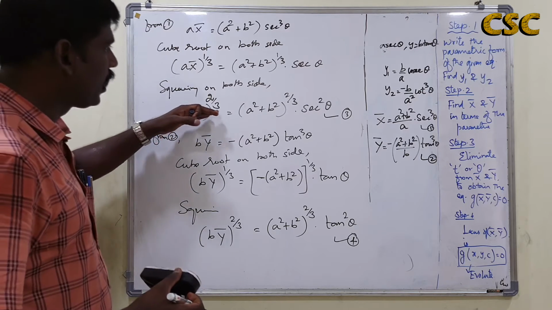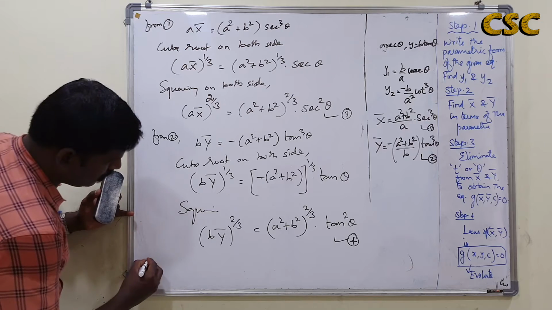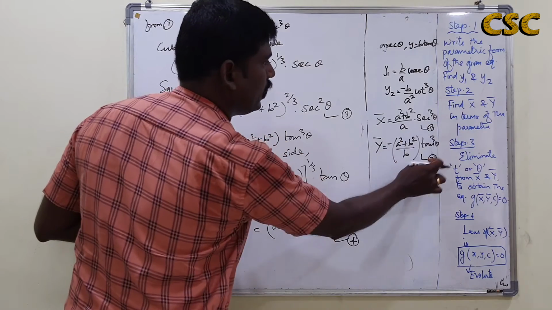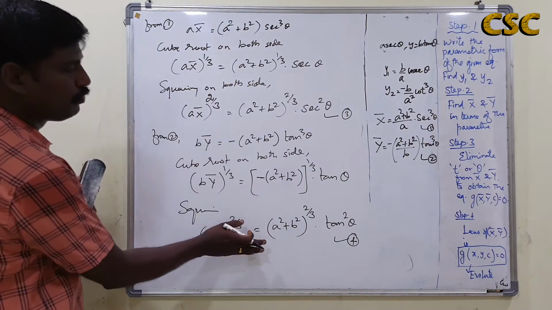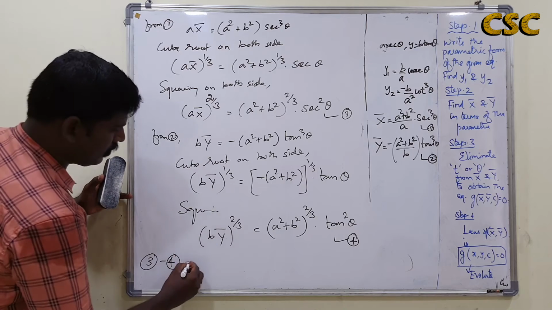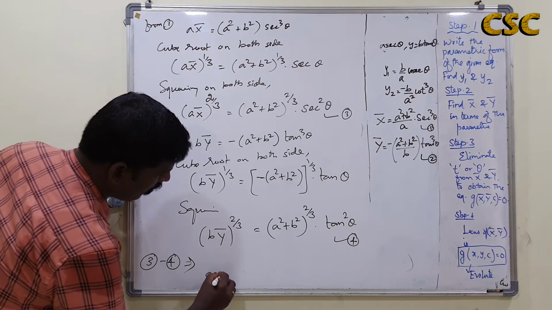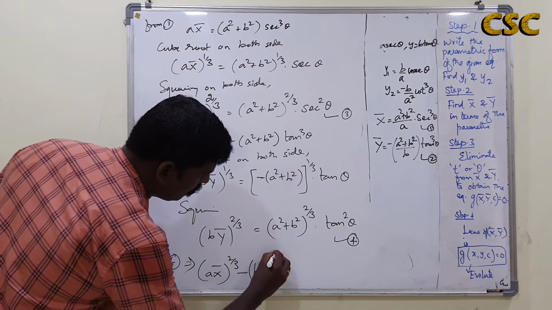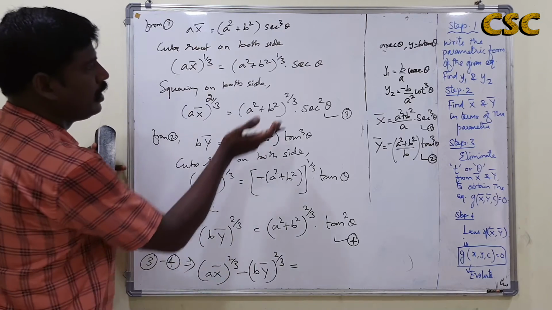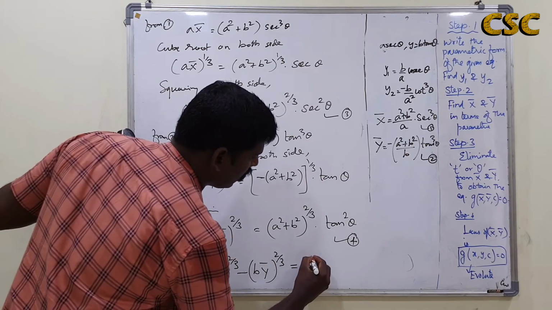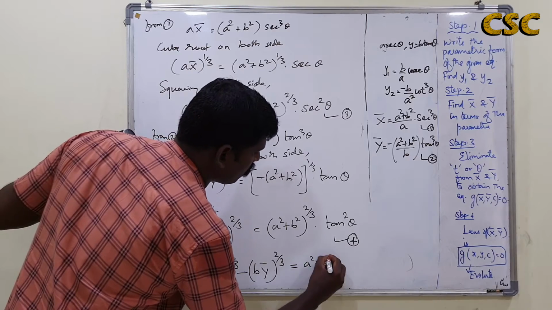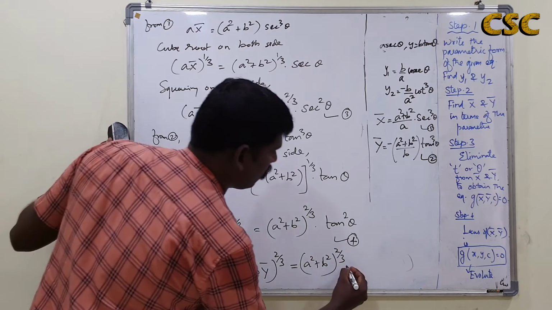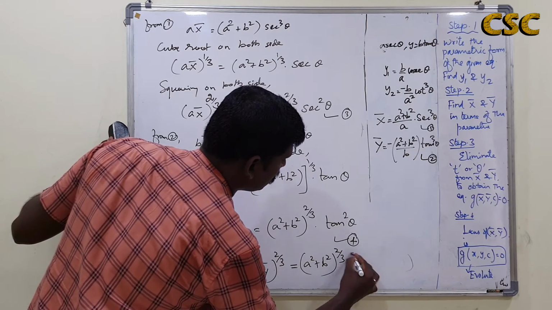Now I am going to subtract 4 from 3, so 3 minus 4, to eliminate the parameter theta. So what do you get? a x bar to the power 2/3 minus b y bar to the power 2/3 on the left hand side. On the right hand side, subtract this minus this: (a square plus b square) to the power 2/3 into secant square theta,